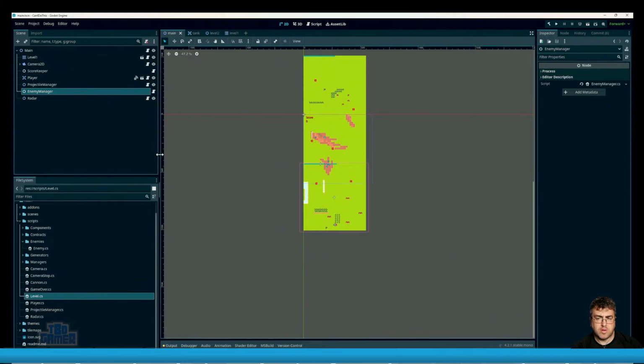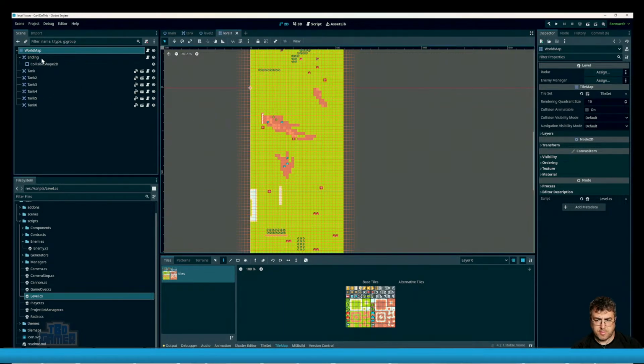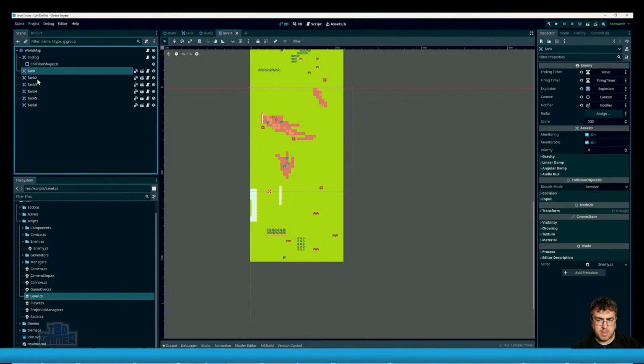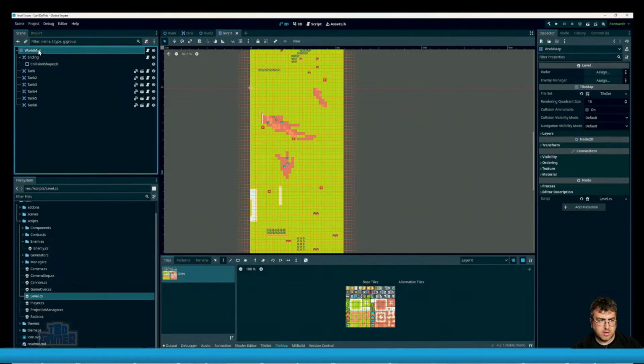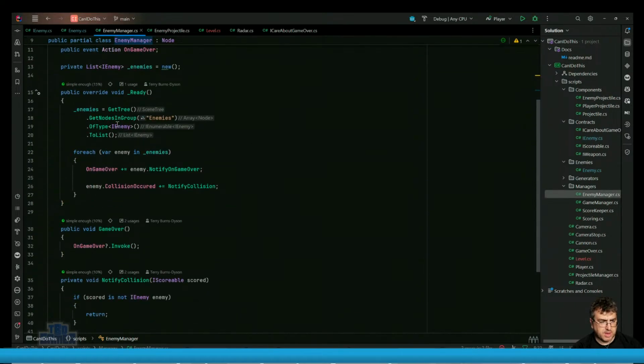Not sure if that's the right kind of navigation, not the right property. So again, the enemies need a radar. So to do that, the enemy manager would have to get the radar, right? Because then this would have to know, okay, well, by the way,